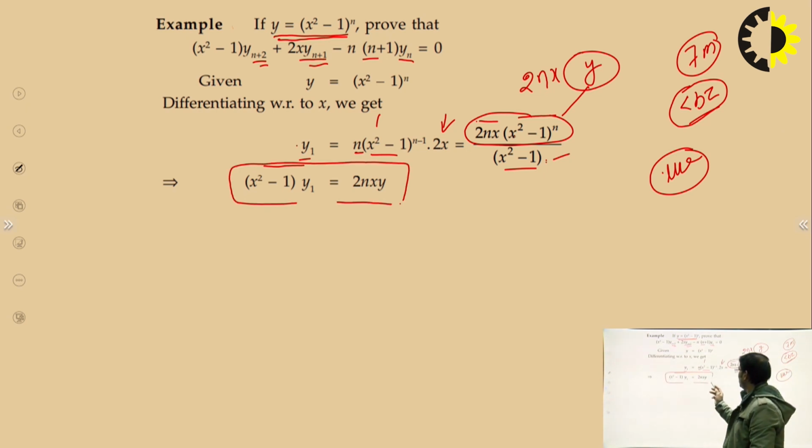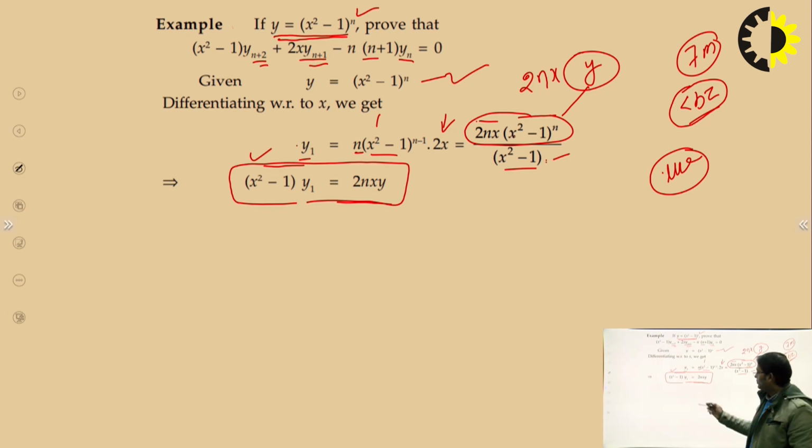Students, see very carefully what is basically happening here. Currently, from this equation where that question was given to you, you can see this is the perfect form of Leibniz theorem. Now you can apply the Leibniz theorem very easily. Why? Because you have